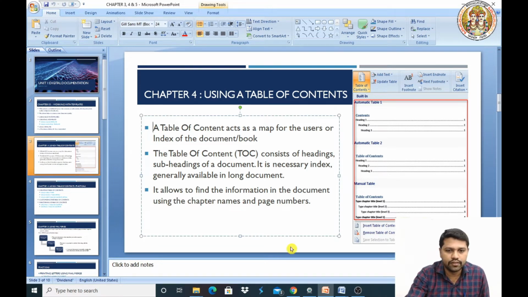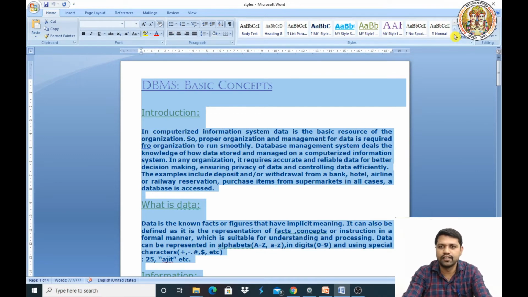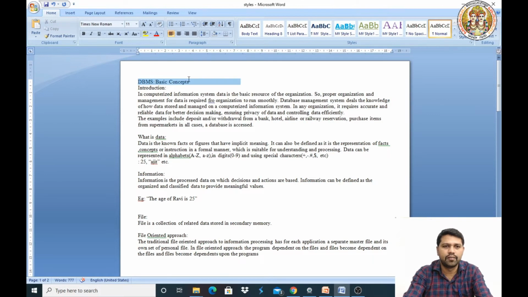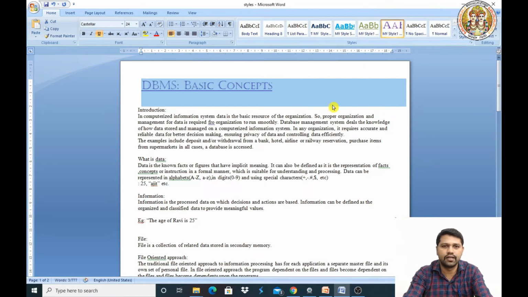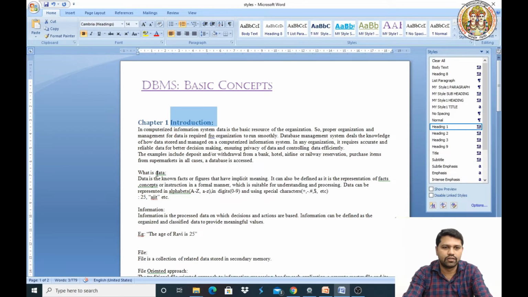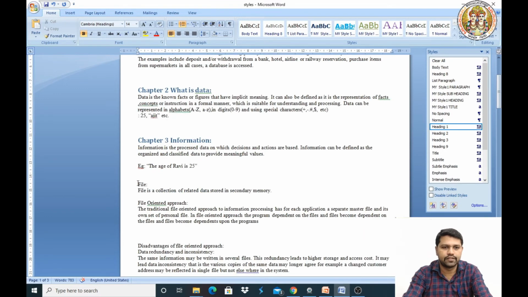Here I'll open the Word document. This is the document which contains various headings and subheadings. Once I remove all the styles, then you can easily understand how to apply them. Here click on clear formatting. This is the main heading, sorry, this is the title. So this is the title, I'll apply it. So this is the heading. For that I'll apply from here. Heading 1. I'll apply heading 1 to all headings. And the next, this is also heading 1.